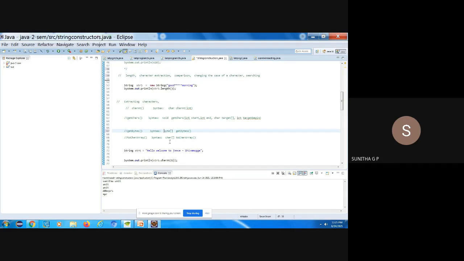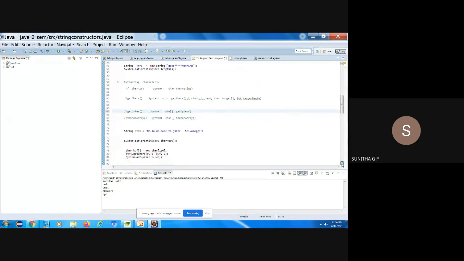Okay, so that is extracting characters from a string. We are extracting a single character, or we are extracting a substring. From a string we are extracting a required number of characters, or separating all the characters of the entire string and converting them into an array, and also the characters we are extracting can be converted into numerical values. So these are the types of extraction for a given string. Okay, understand? Hello, students. Yes, ma'am.